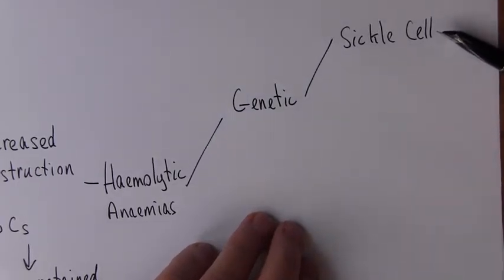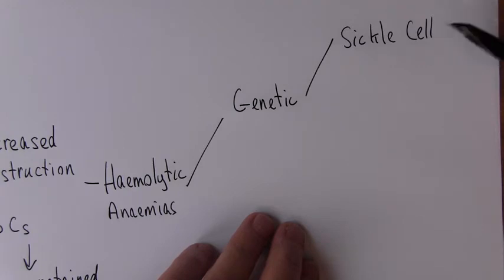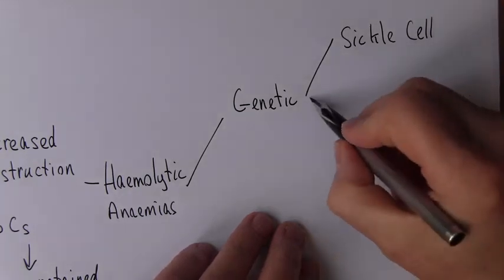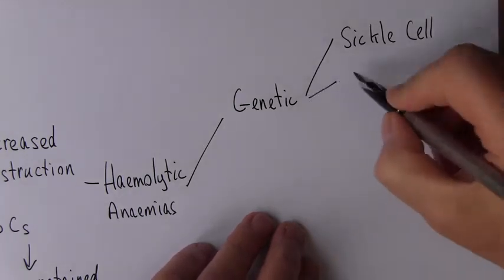This is an autosomal recessive condition. Both parents need to carry the gene. And the cells change from being the normal biconcave discs to being sickle-shaped. But another genetic disorder that can affect the shape of the red blood cells is